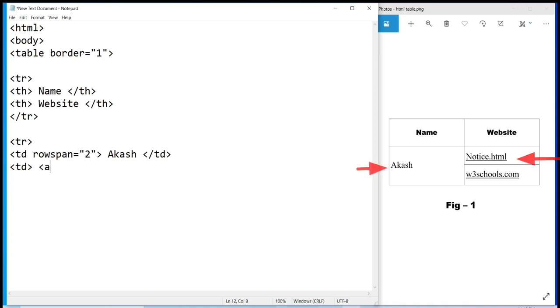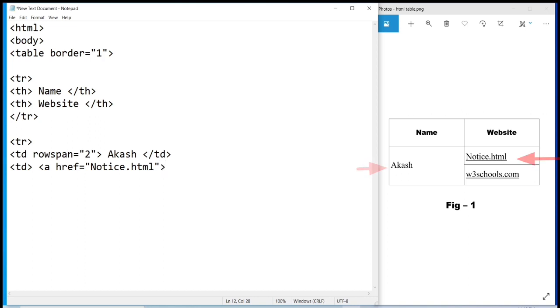That means a tag, anchor tag, this is the link tag, then href, this one is an attribute, and here you have to write the file. Our file name is notice.html. This one is a private file, personal file. That's why I'm not using www here, just write the file name.